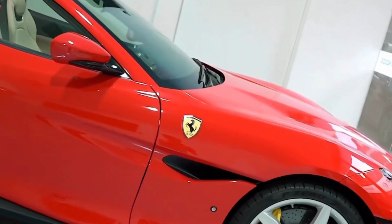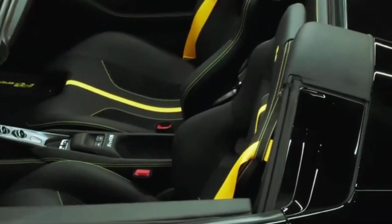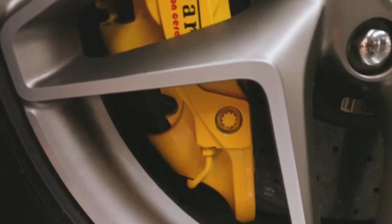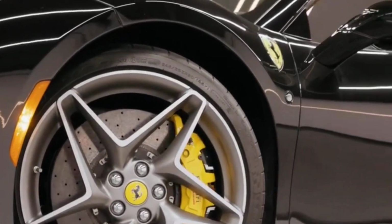design. Retractable hardtop. One of the defining features of the F8 Spider is its retractable hardtop, which can be operated at the touch of a button. This feature offers the best of both worlds, the exhilaration of open-top driving when desired and the comfort of a coupe when the roof is up. The hardtop roof is designed to fold neatly into the rear of the car, allowing for a clean and uncluttered